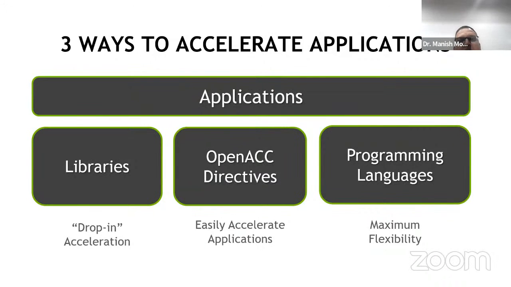And the third one is the programming language, where we use CUDA C or CUDA Fortran to accelerate the application. It gives us maximum flexibility in terms of which portion of the code is offloaded to the GPU, and how many threads and how many grids are assigned for the GPU to run that particular kernel, right? So it gives all the flexibility, but it takes more time. Calling libraries is much easier, OpenACC is mediocre, and conversion to CUDA takes a little longer, right?